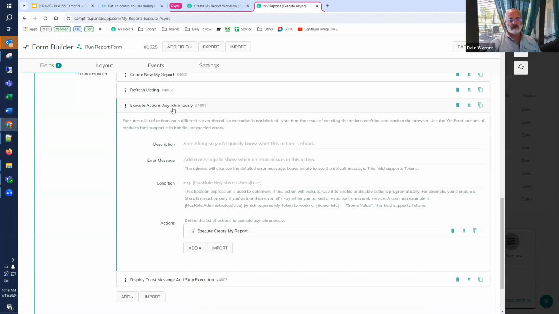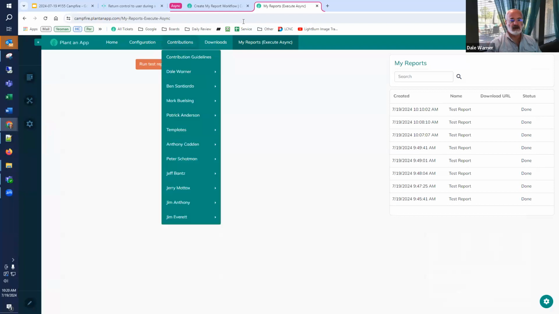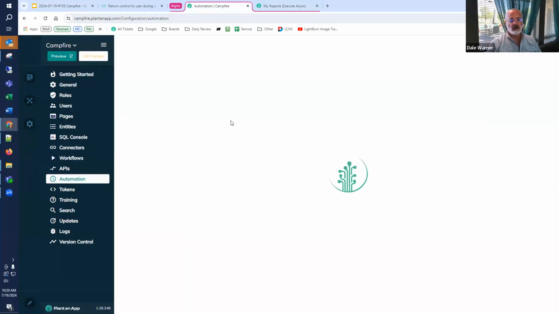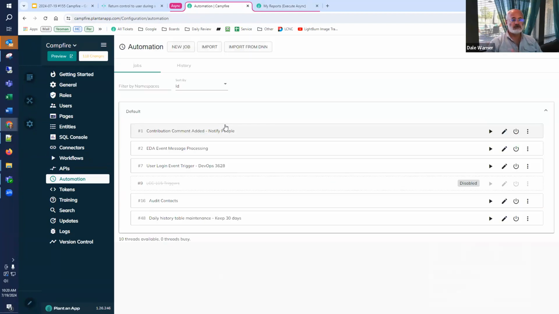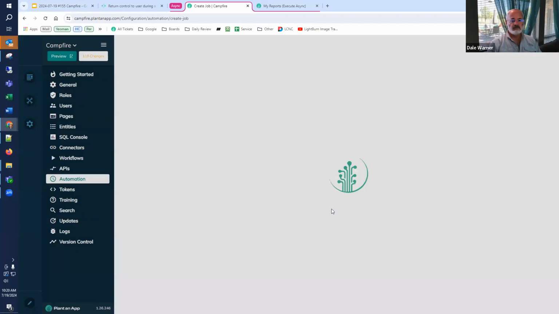But another mechanism would be a queue mechanism. You could not do execute actions asynchronously and instead go to automation and create an automation that's sitting waiting, perhaps it runs every minute or so, and takes a look and sees if there are any reports sitting in the queue to do. That sounds like maybe what you've done already.